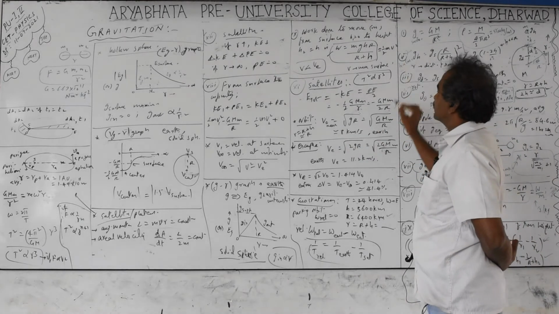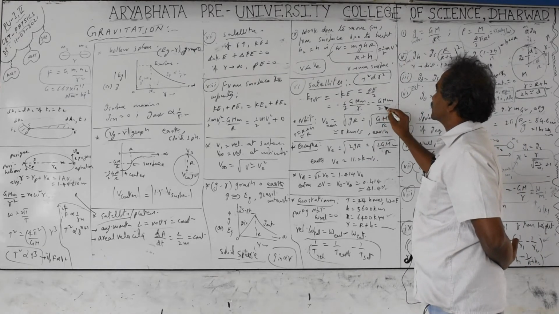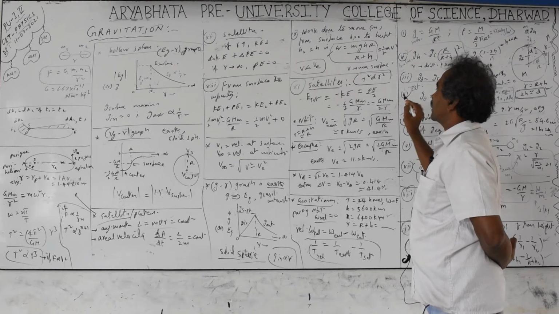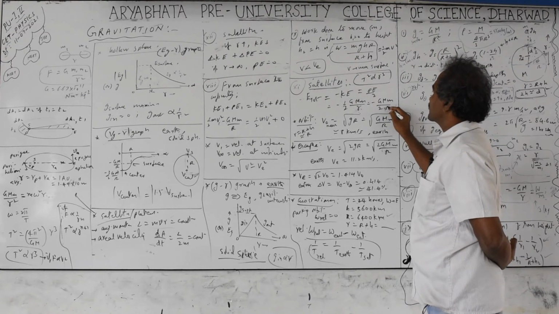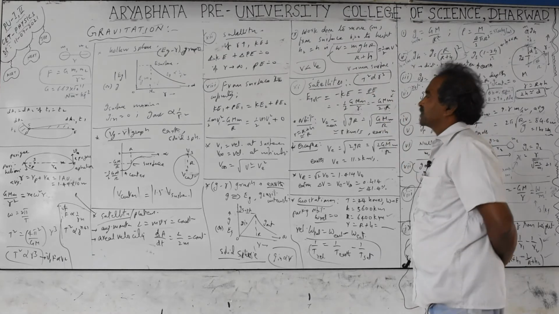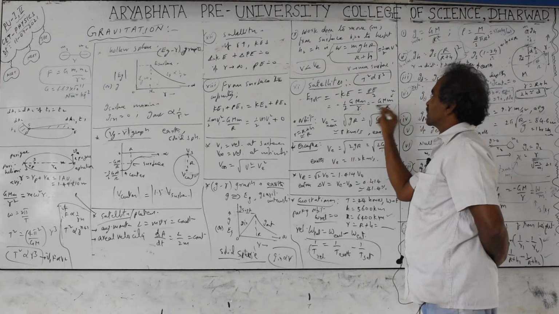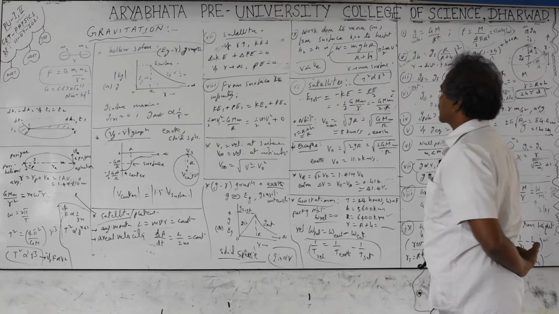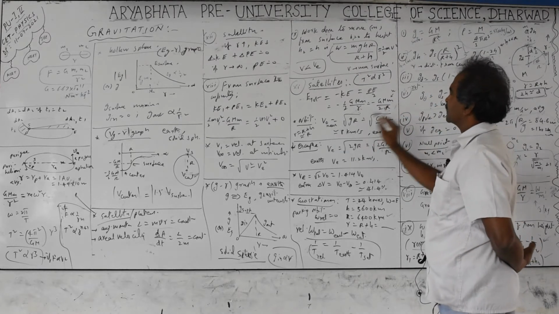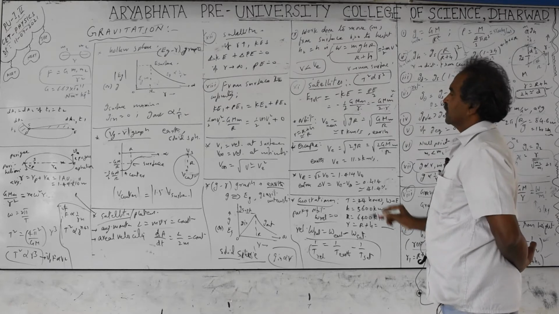At any height, if the distance is given, wherever R is there, replace it with small r; otherwise take it as capital R. This is near the surface, and this is at some height h. So r equal to R is the modification I gave you, please check that intervals. Both are the same only for small heights; otherwise you have to take the smaller one.